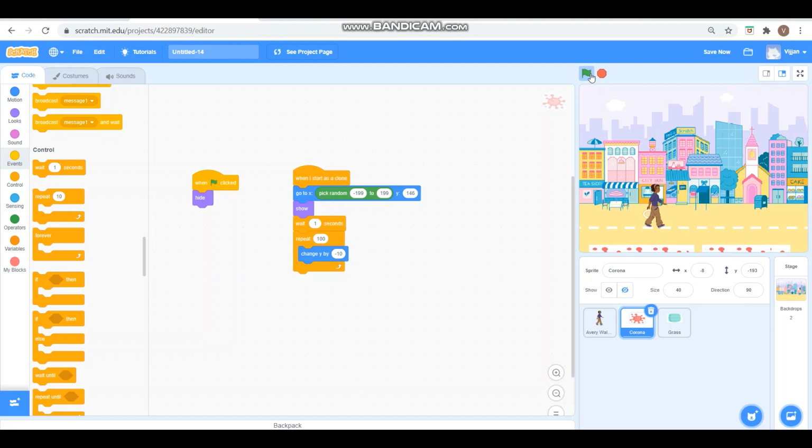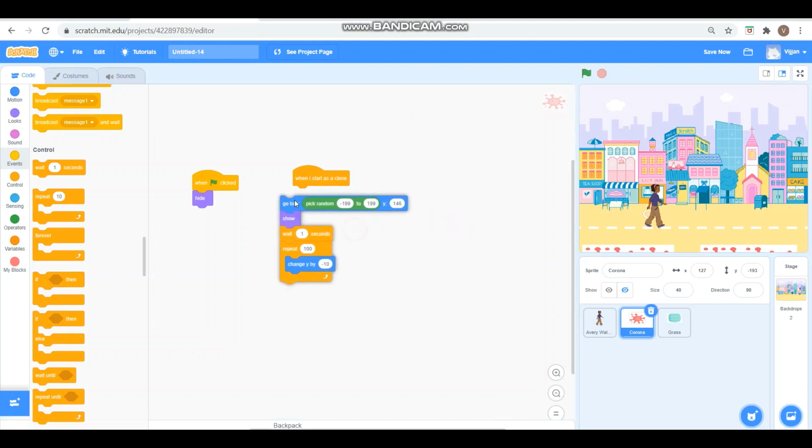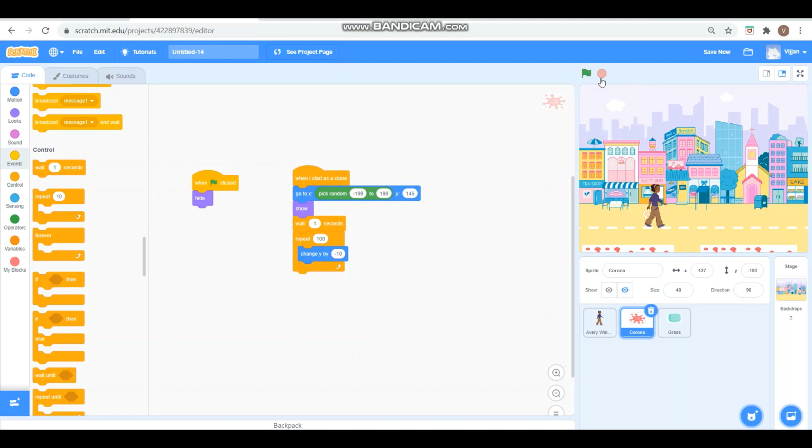But it's all falling at the same time. That's not the thing we want, right? We want each one to be falling from different positions, and there should be a waiting time between each sprite. So how will we do that? So now everything has come down, but it's not hidden.